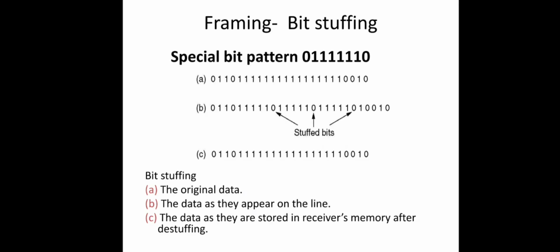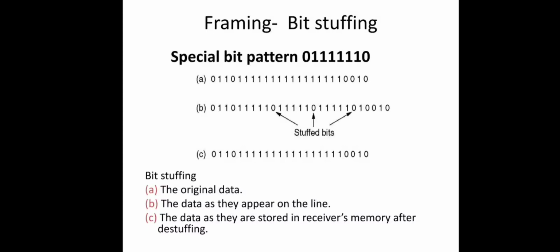And we have one more method for framing, right? That was physical coding violation, which is not popular and not much used nowadays. It is applicable only to networks in which encoding on the physical medium contains some type of redundancy. For example, in some LANs, each single bit will be encoded using 2 bits. A 1 will be represented using a high-low pair, a high voltage and then a low voltage, and a 0 is vice versa, first low voltage then high voltage, a low-high pair.